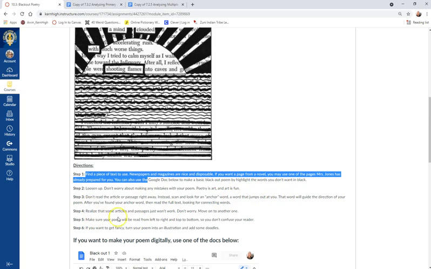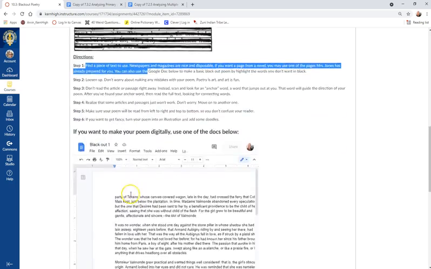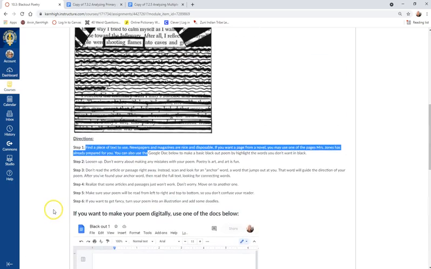Okay? Realize that some articles and passages don't work. Okay? You can move on and find another one. You also have to make sure that your poem is read from left to right and top to bottom. It's going to be confusing for your reader if you start from the bottom and move up. And so looking at these examples up here,